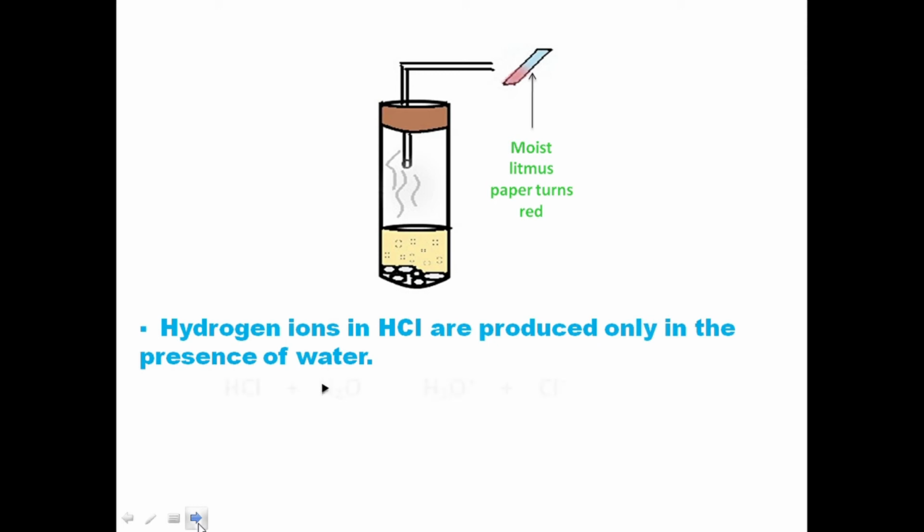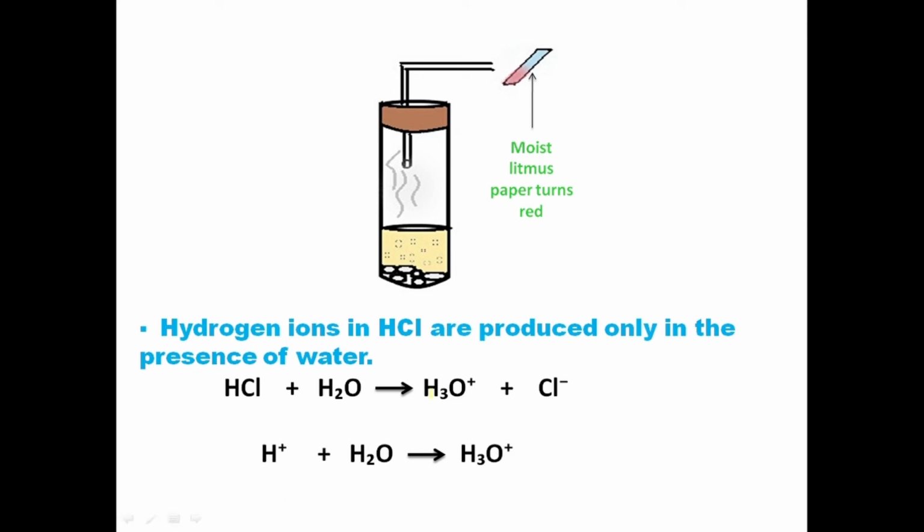That is, HCl reacting with water to form H3O+ and chloride ion. These H+ ions do not exist as such in the solution. They combine with a number of water molecules and exist as hydronium ions, H3O+, which is formed here. So the formation of the hydronium ion is explained through this equation. Since each H+, that is hydrogen ion, can combine with a number of water molecules,